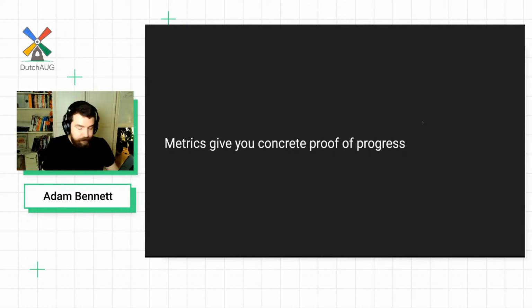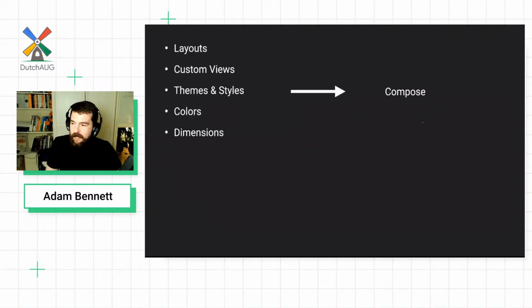So that's what we did with Compose. We looked at it and we figured Compose basically replaces all of your layouts, all of your custom views, all of your themes, styles, colors, and dimensions. And so we track this using some pretty hacky bash scripts. And we use GitHub Actions to dump this into a Google spreadsheet once a week. I'm more than happy to share these scripts as well. Please ping me on Twitter if you're interested in them. I might write about them at some point, but they've been pretty useful to us.